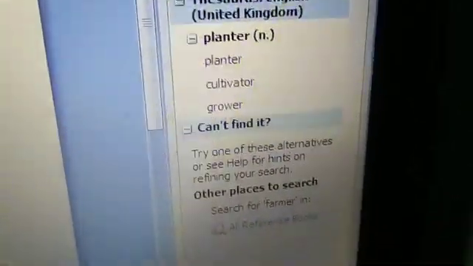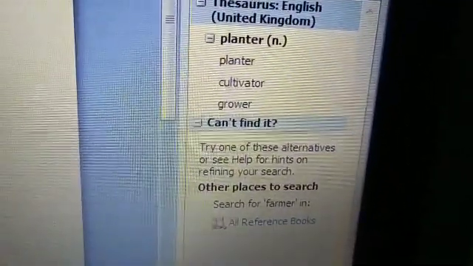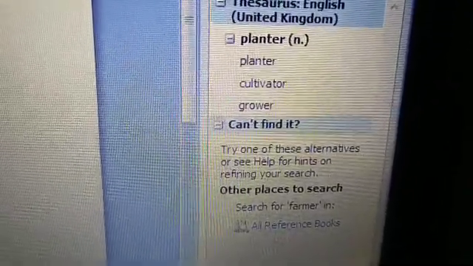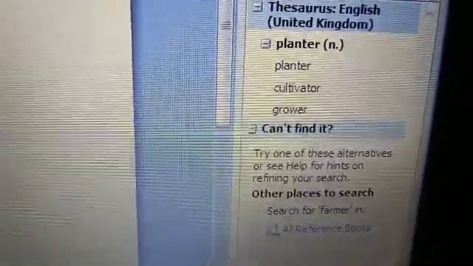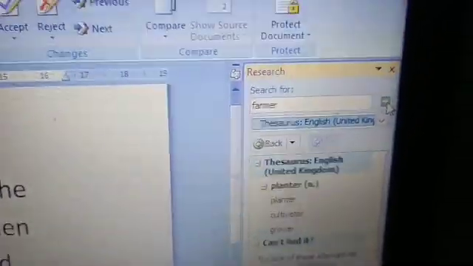These are the synonyms of farmer: planter, cultivator, grower. So these are synonyms of farmer.